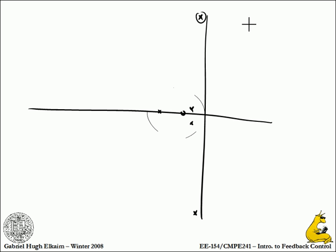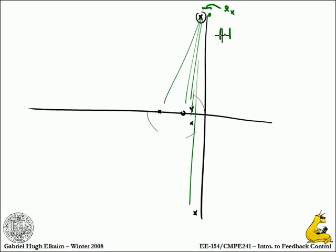Well, let's see. If I look at what the magnitude is, there's going to be a length to all of these guys, and I'm going to be evaluating at a little pole. Let's say these two move like that. I'm going to be evaluating this at a little distance away from this pole. Let's call that distance Lx. So my gain, or the magnitude of the function, the magnitude of gk evaluated at this point on the locus, is going to be